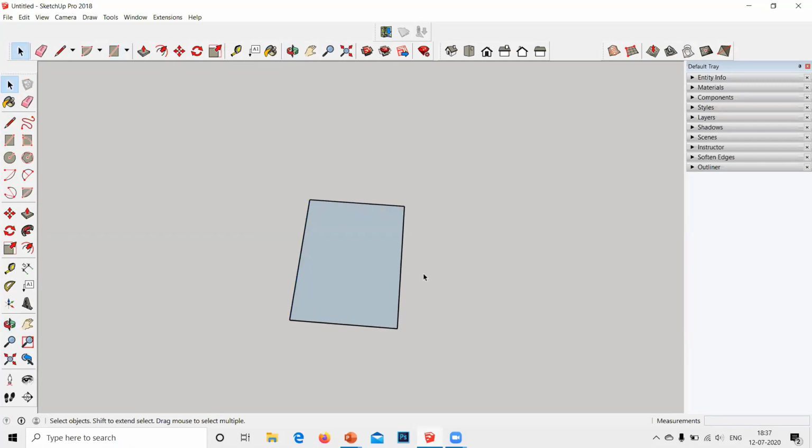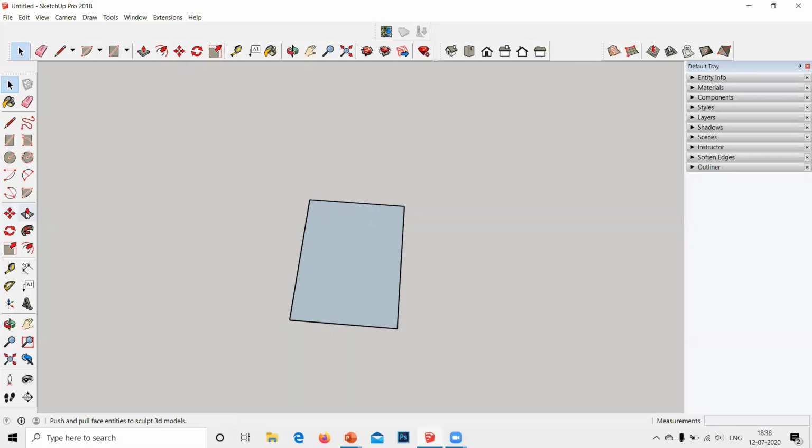This is the basic floor plate of our room. I want to create walls. So the first, I'm just going back. I'm not covering the wall part right now. I'm just going to teach you how the massing works. Okay, suppose we want to create a block of a room. This is just a 2D figure. I want to give it a third dimension. I want to create a 3D figure.